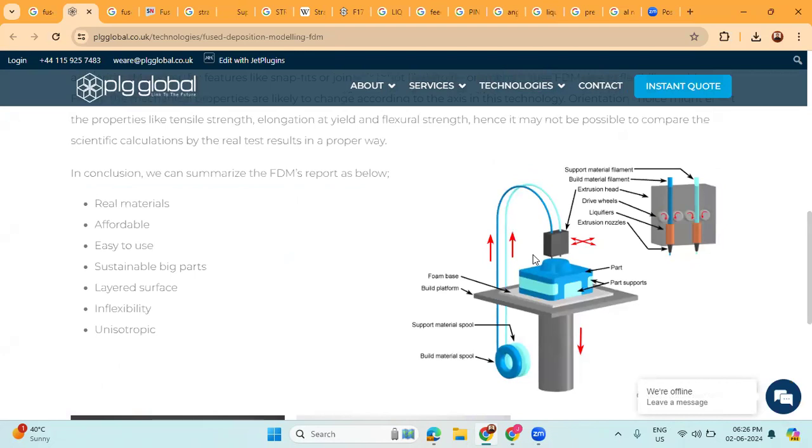Fused deposition modeling is also known as fused filament fabrication. It is a widely used method in the field of 3D printing technology. In fused deposition modeling, a continuous filament of thermoplastic material is heated and extruded through a nozzle which moves along both horizontal and vertical axes to deposit material in layers